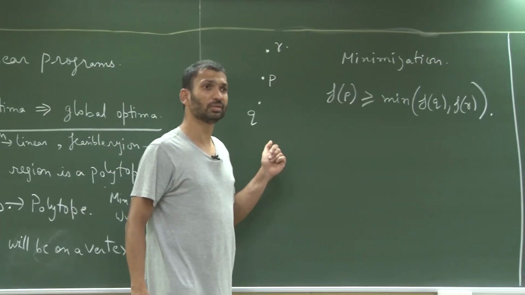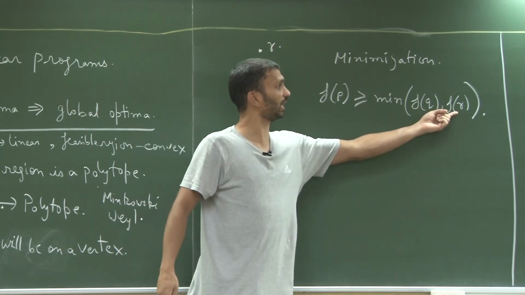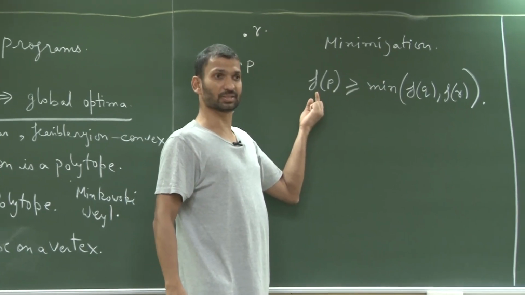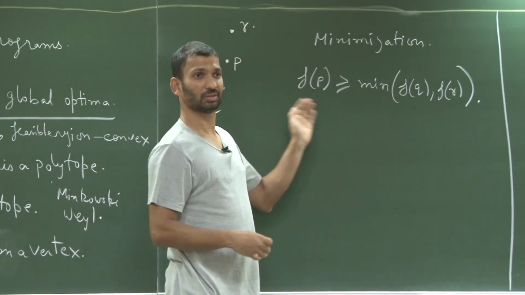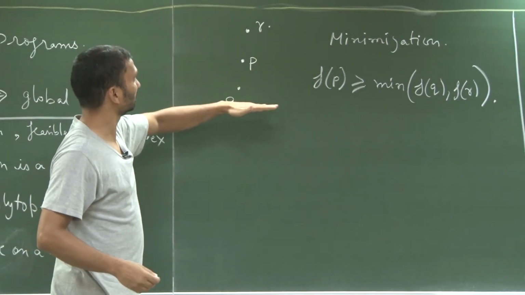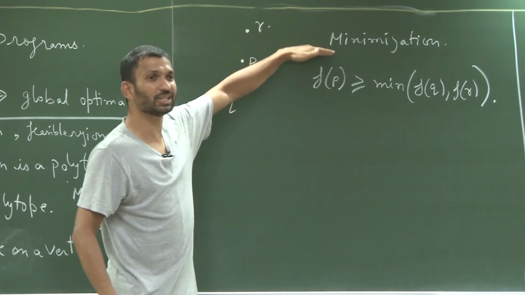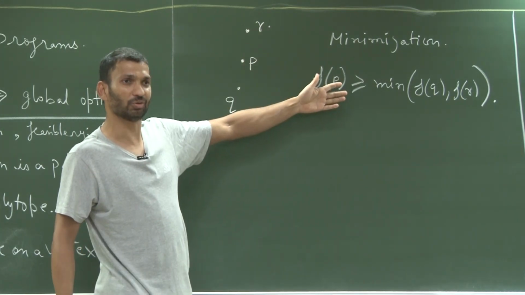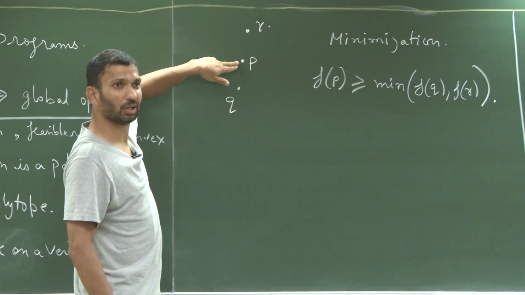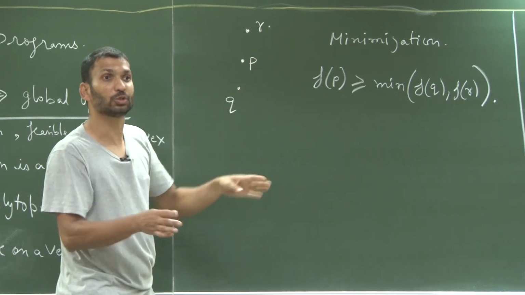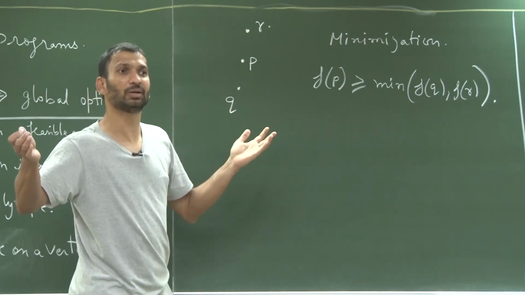How will you prove this? Take the contradiction. Suppose f of Q and f of R are bigger than this. Then you take the convex combination of that, f of P has to lie above this, and this works out. So you can check. The good thing is our objective function is linear, it is convex as well as concave. For minimization, one thing will work, for maximization, the other thing will work. So in all the cases, if P is optimal, then one of Q and R should also definitely be optimal, and this way I can keep going outward,